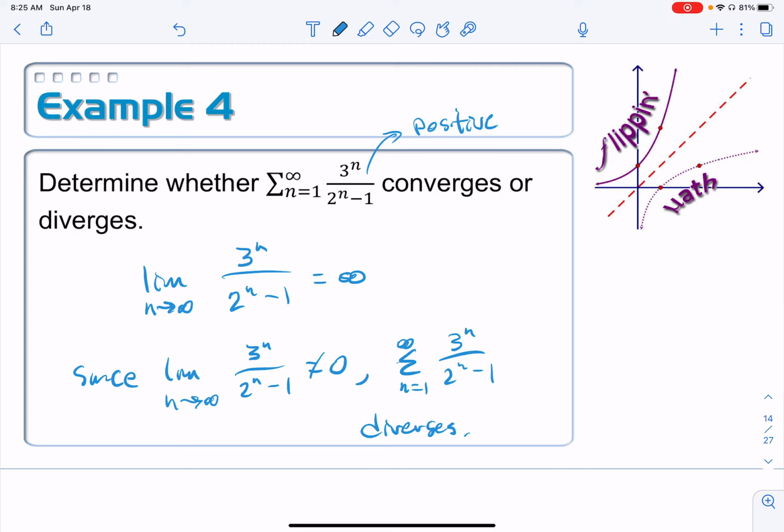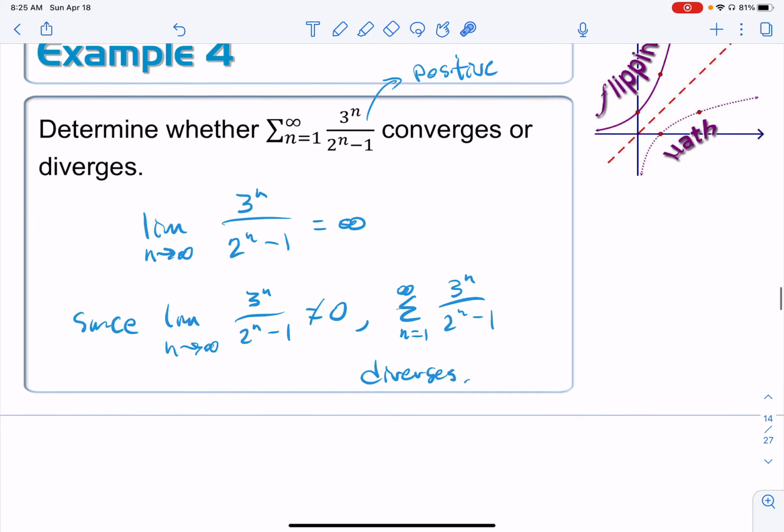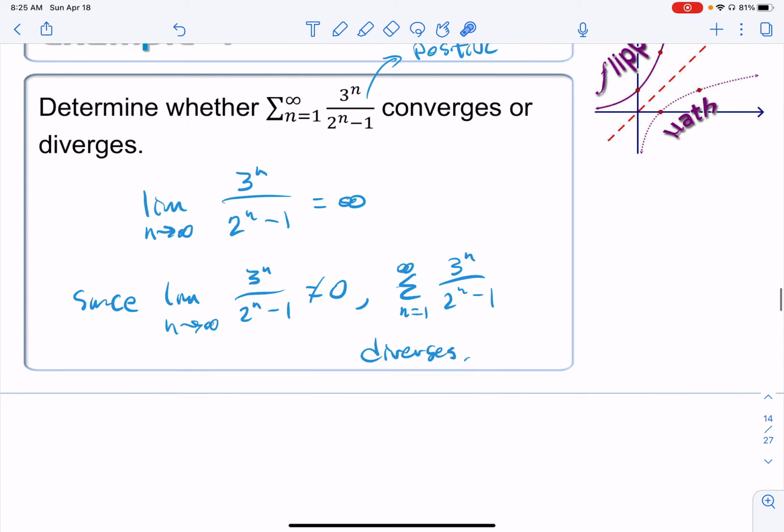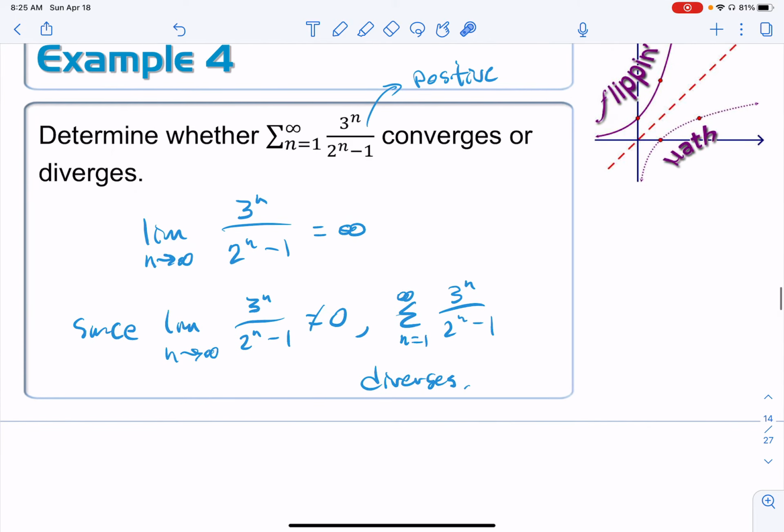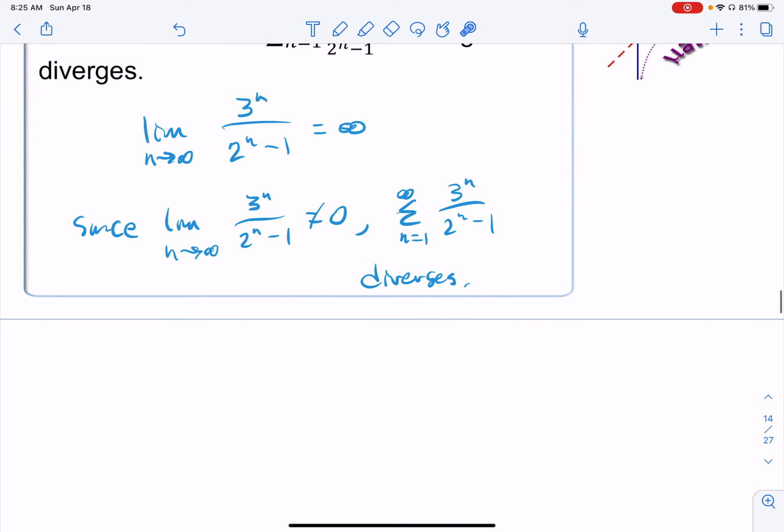So, okay, but let's just assume maybe in the heat of the moment again, because I keep saying the heat of the moment, but you know you're going to be taking this test in the gym, which is super, super cold. So in the cool of the moment, let's say you forgot to apply the nth term test for divergence, and so you're going to do a direct comparison test. You can still directly compare this to the series